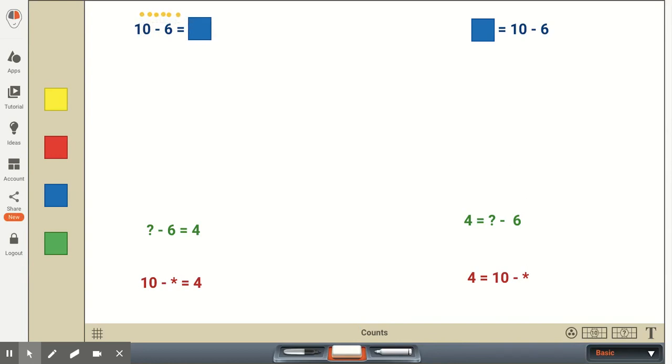It's not as efficient. It's prone to error in counting the dots or whatever method they might be using, but it's a start. And once students get command of making 10 and of their fact families, they'll be able to solve the problems more quickly, more efficiently, and with fewer errors.